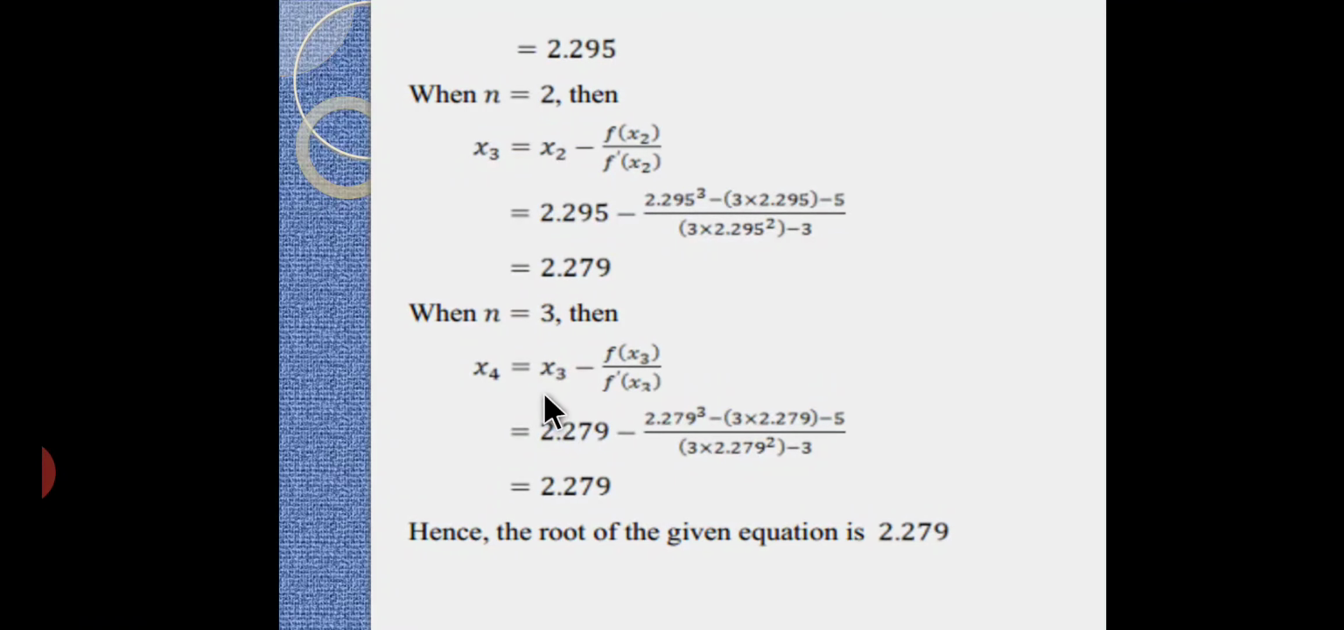So when n is equal to 3, for the next iteration, x4 is equal to x3 minus f of x3 upon f dash of x3. Here the x3 value is 2.279 minus 2.279 whole cube minus 3 into 2.279 minus 5, upon 3 into 2.279 whole square minus 3. By simplifying this relation, we get the x4 value is equal to